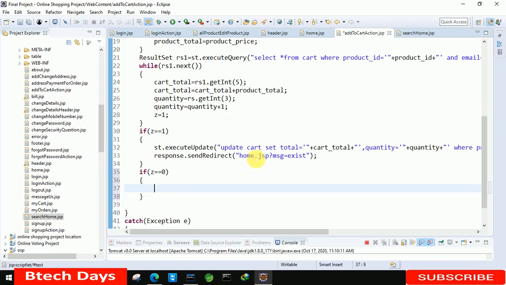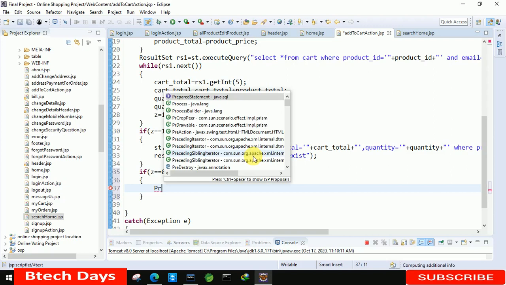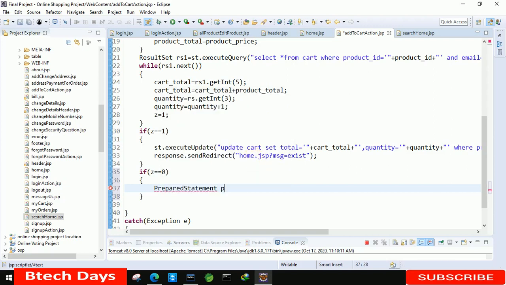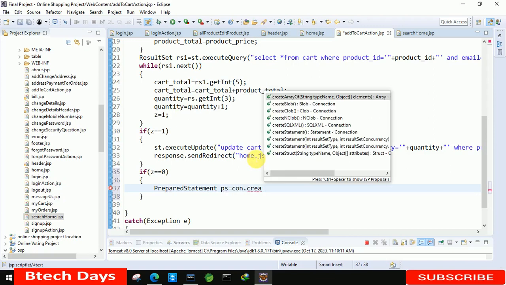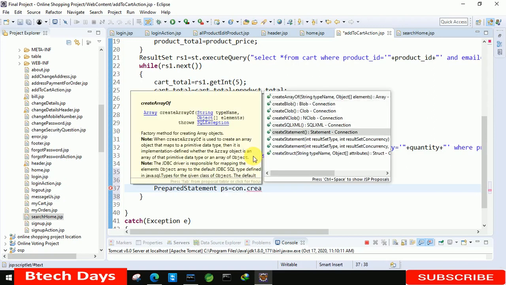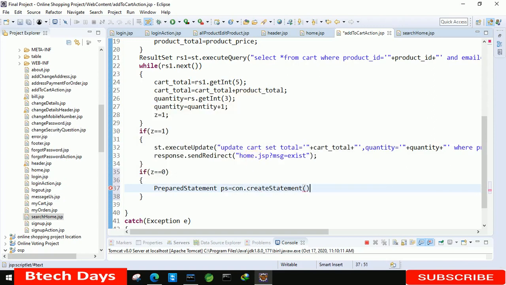So let's write the code for that. Prepared statement. pscon.createStatement. Okay, so this one, and after that, here we have to write insert into cart, and here we have to write email, product ID, after that, quantity,